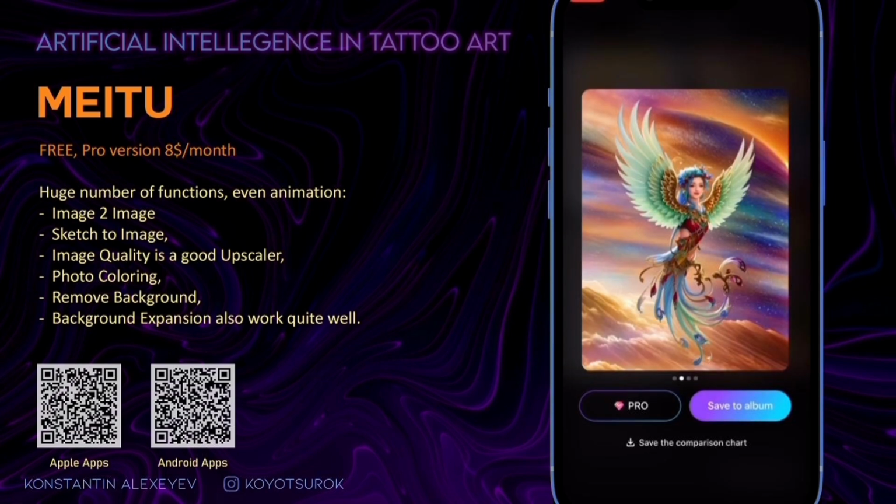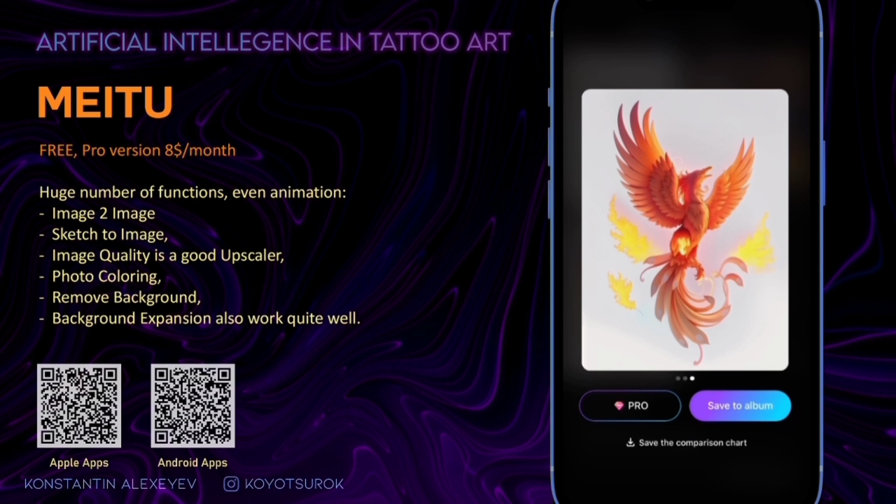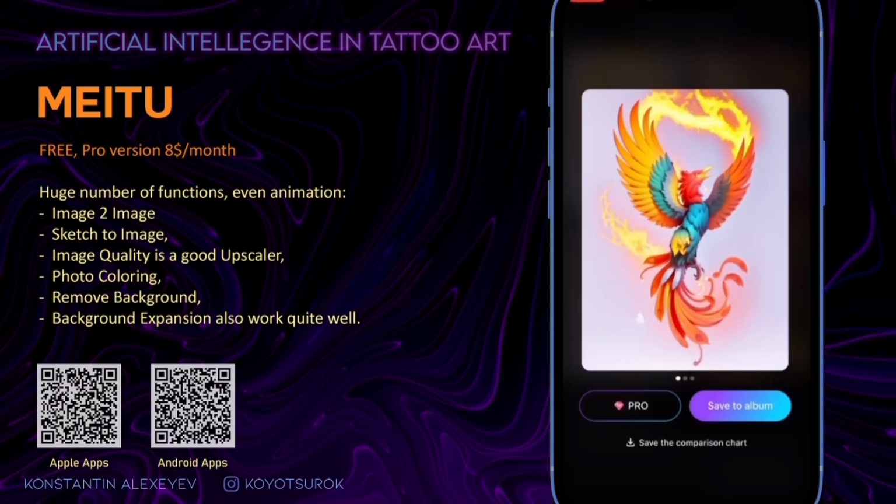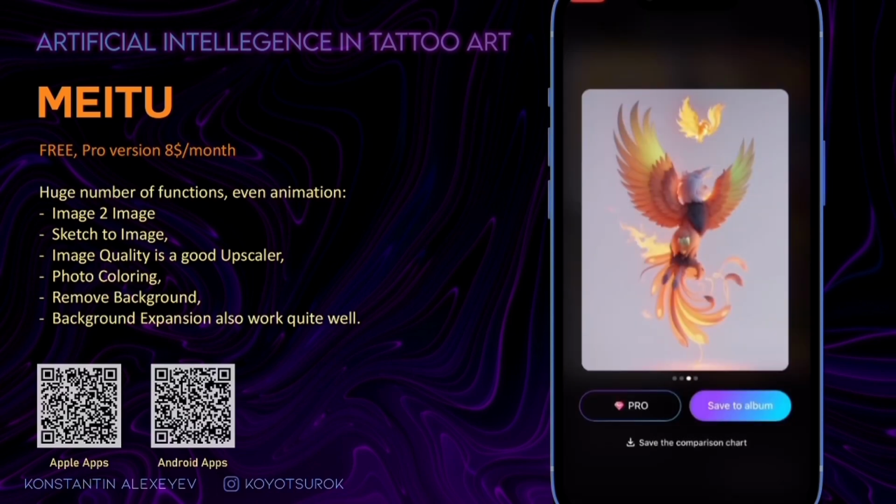Why do we see a girl's head instead of a bird's head? It's just the model was trained mainly on human faces and just 4 chickens. But as you can see, we definitely got a few good variations. This application is free of charge and the Pro version would cost $8 per month.